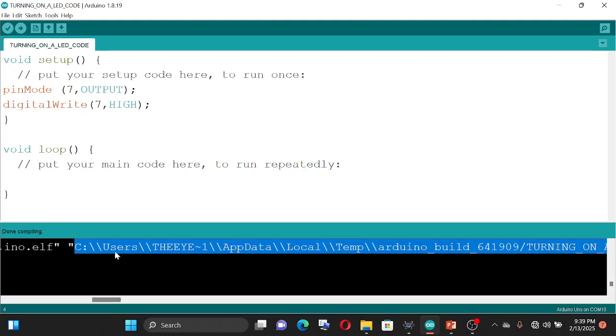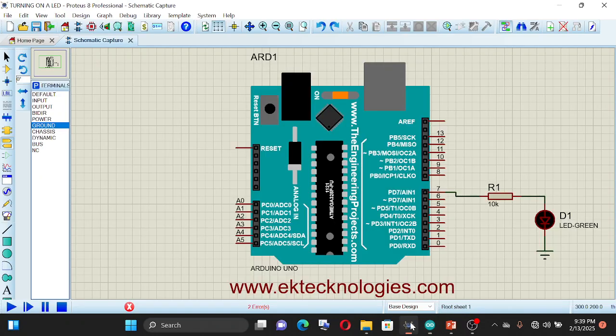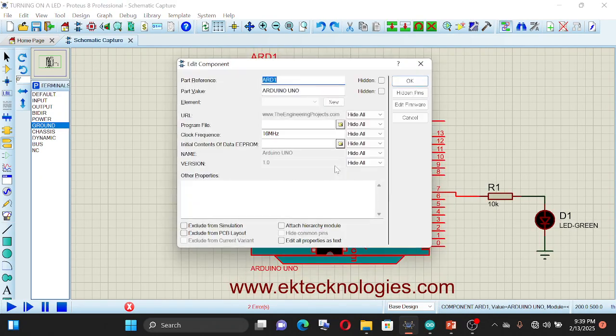It is stored in C, Users, the I, AppData, Local, Temp, Arduino build, 641909, then turning on LED code.hex. So that's the root directory. We can copy this by pressing Ctrl C on our keyboard, then double click on the microcontroller and paste. This is one way to load the hex file in the Arduino.